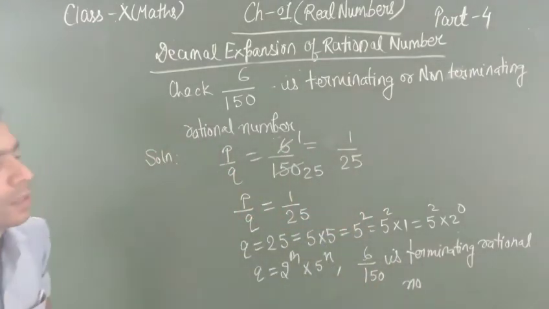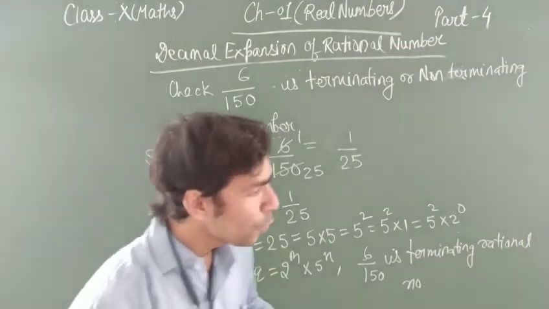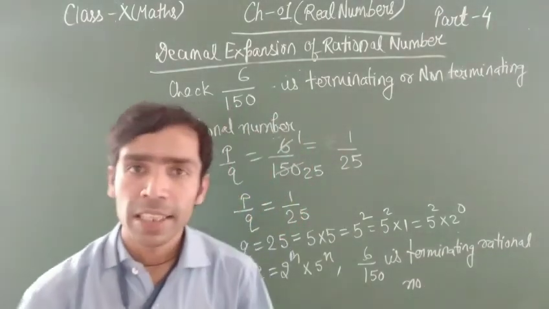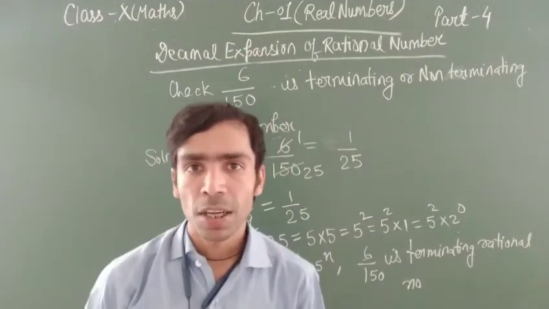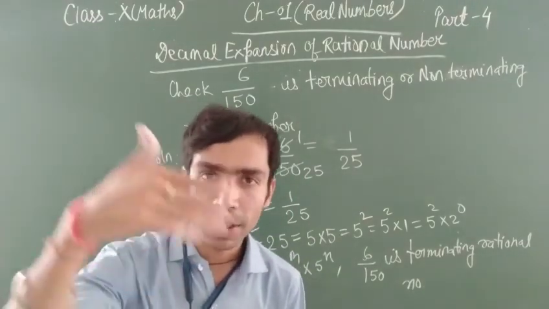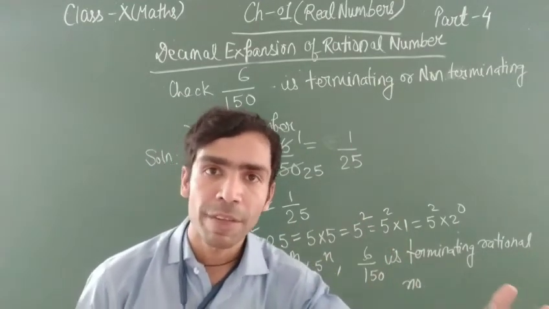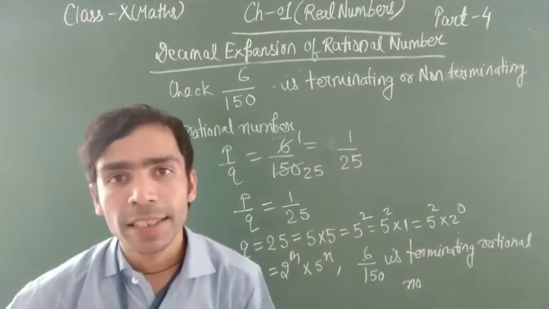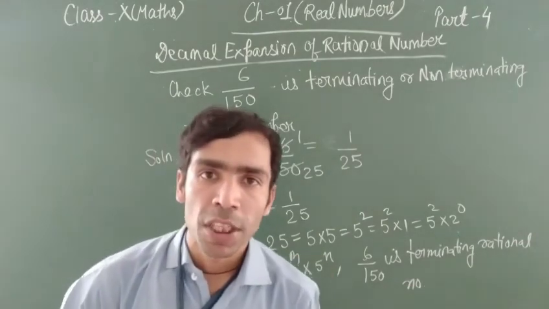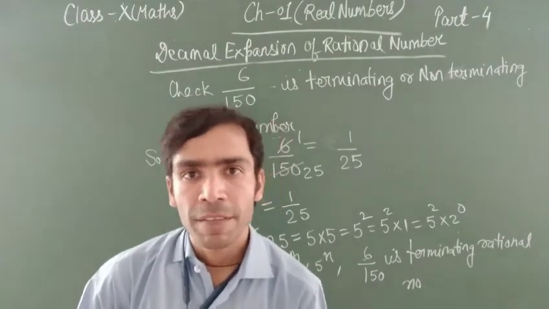Okay? So what have you learned from this concept, student? Whenever any rational number is given, you will represent it in the form of p by q. By seeing the rational number, you can analyze the denominator. Before that, first you have to check the simplified form. First you need to see whether it is simplified or not. If it is simplified, then it is good, and if it is not simplified, then you need to simplify it first. After simplification, you need to do the prime factorization of q, and you will see the prime factors of q.